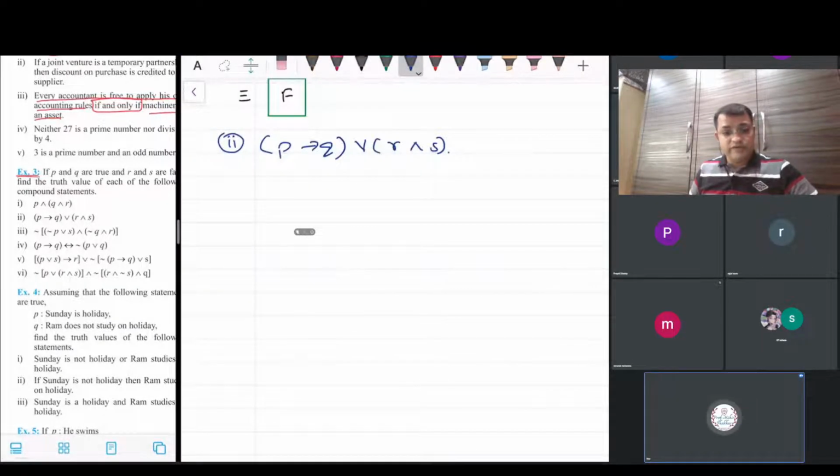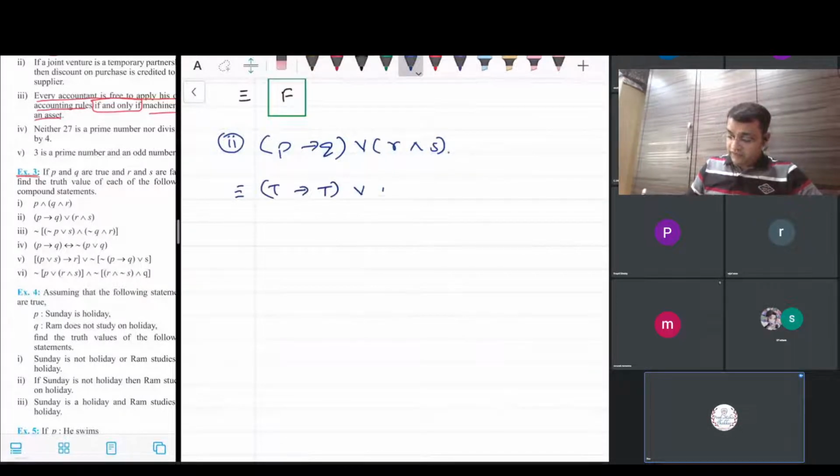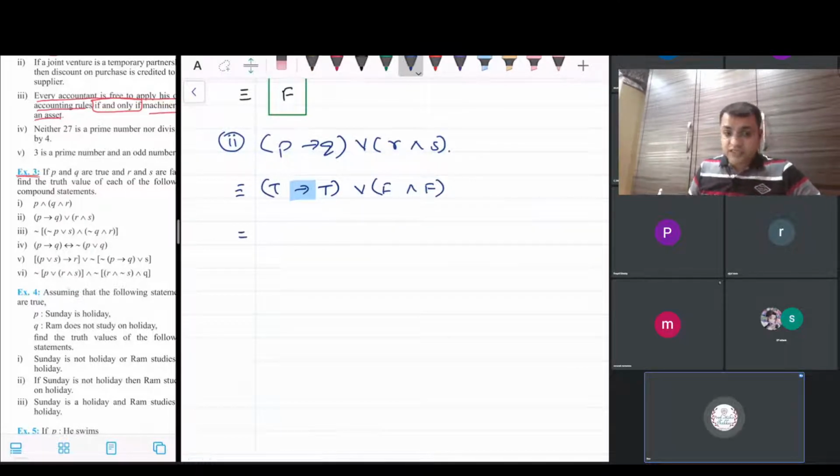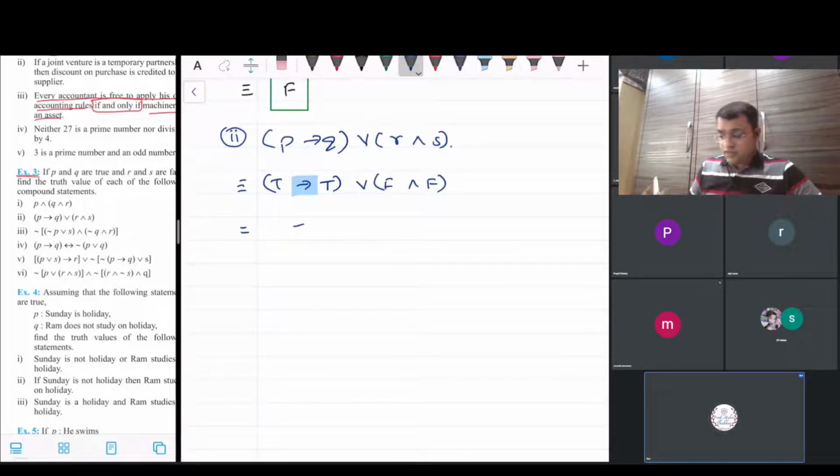So the second one that we have, again we have to apply the same logic. In all the statements P, Q, R and S, we will substitute their respective truth values. So I will write over here T implication T, or F and F. Now we will apply the truth values for individual brackets first. So first I am having the conditional statement. I will think of the conditional statement which says that first T, second F, then it is F. Otherwise it is true. So this is representing the otherwise case. So I will write T over here. The middle or symbol just comes down as it is, not affected by anything as of now.